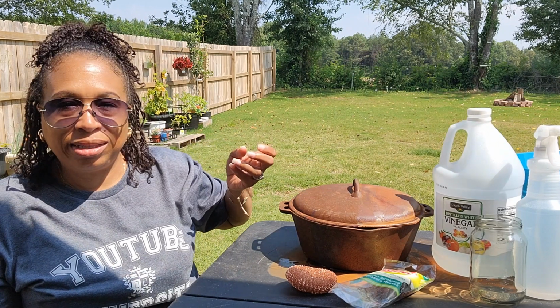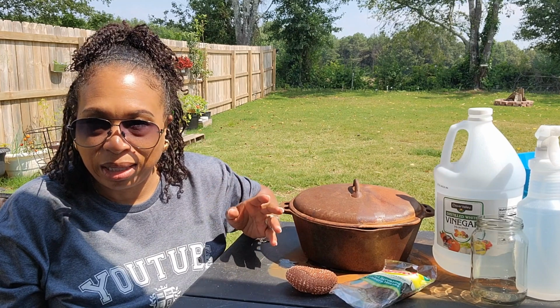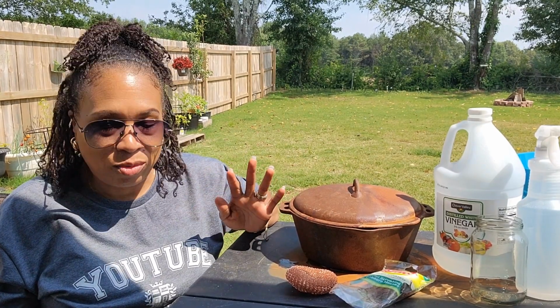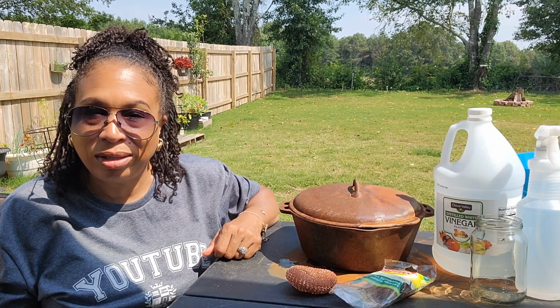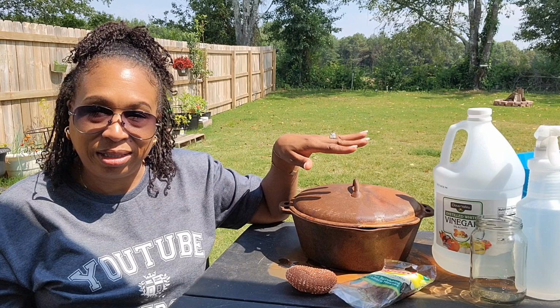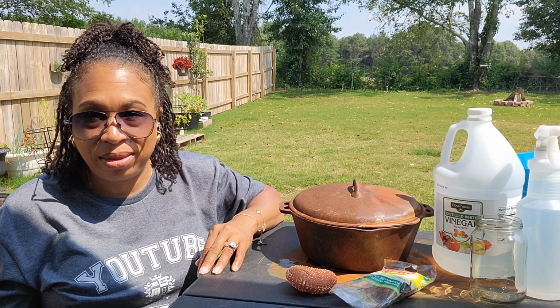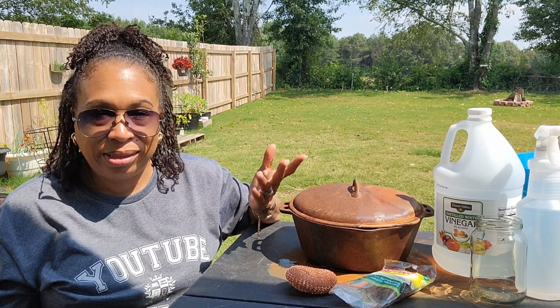But again, there are various methods to restoring a pot like this. I know there is the electrolysis method, where acid is involved. Definitely I'm not going that route because I don't want to harm myself or anything else. And then there's also the salt and potato method. The salt and potato method does appeal to me, so if this method doesn't work, then I will move on to the salt and potato method. But for now, I do want to just try it with the vinegar and water